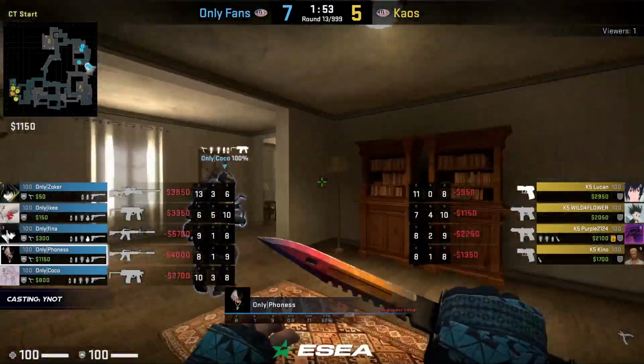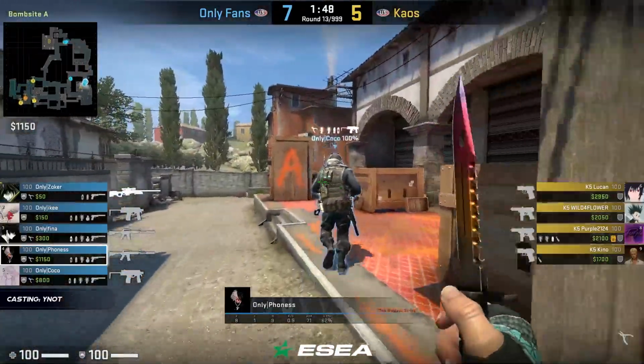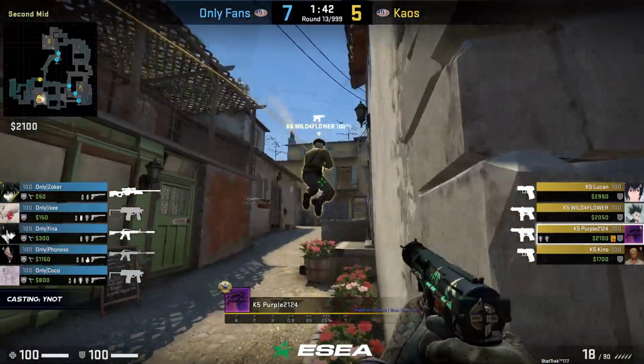Player out of the server. Kaos playing with a man down. Thank you, ESEA. The update from Counter-Strike likely keeping him out of the server at this point in time. 5 players still up in OnlyFans, though, and they've got a full buy up ahead of them against a couple of pistols with a man down. 40. Probably as good as...